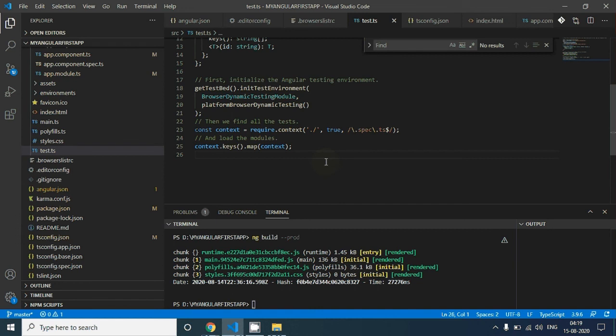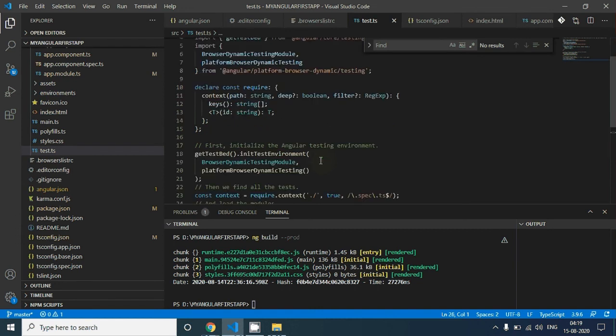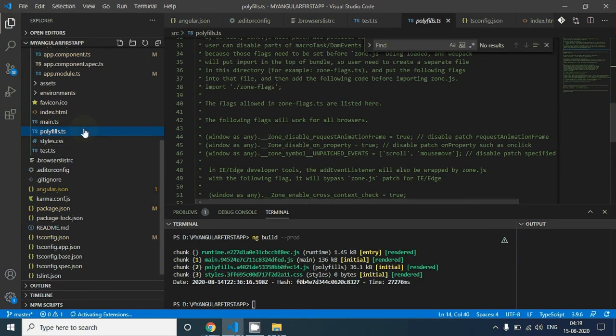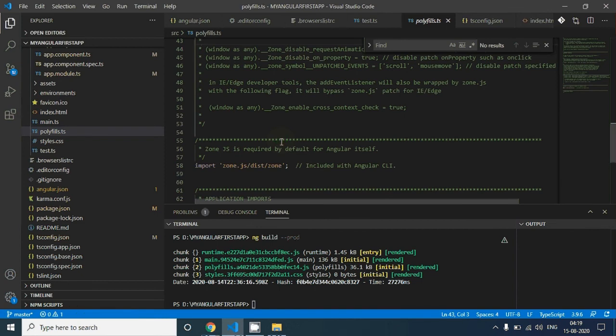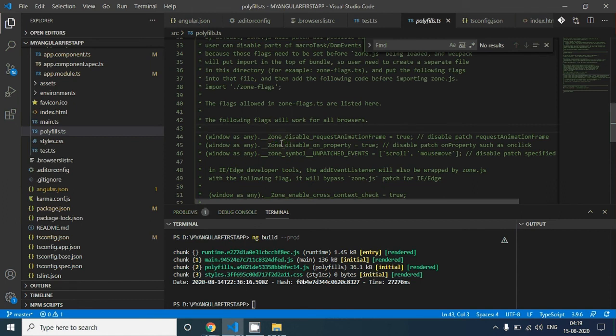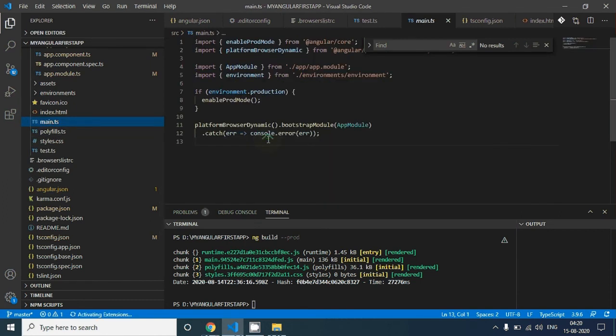So these are the files we mostly don't need to touch at all. And then finally we have style.css. Here you will write styles that will apply globally. This is polyfills.ts. This is the file that we discussed before. This file will fill the gap of your browser. Main.ts. From here our application gets started.